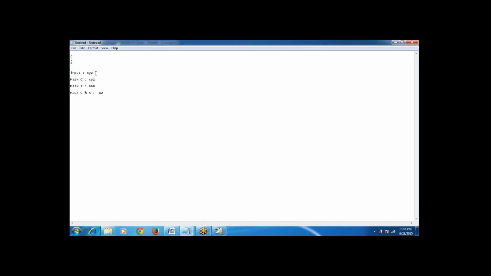So this is my input value, and at the very first time I'm applying the mask C. C is nothing but character, if you want to see what types of characters you are getting, and in specific positions what types of characters you are getting. Let's take a simple example of why we need these mask values, and in exactly which scenario we will use them.